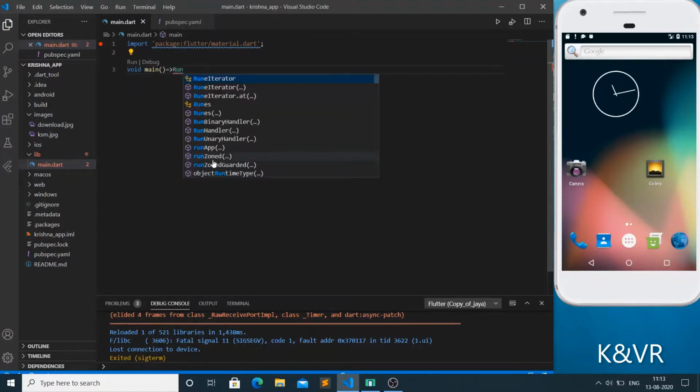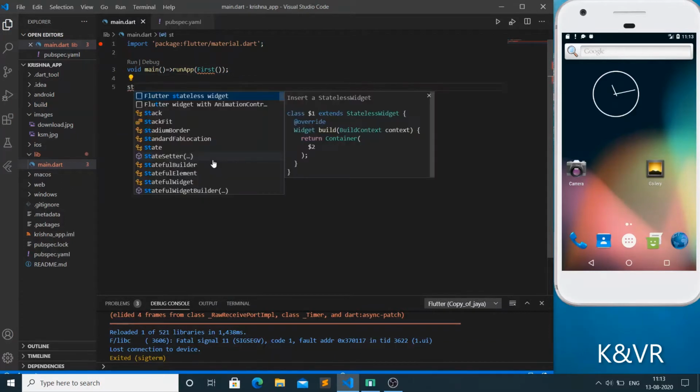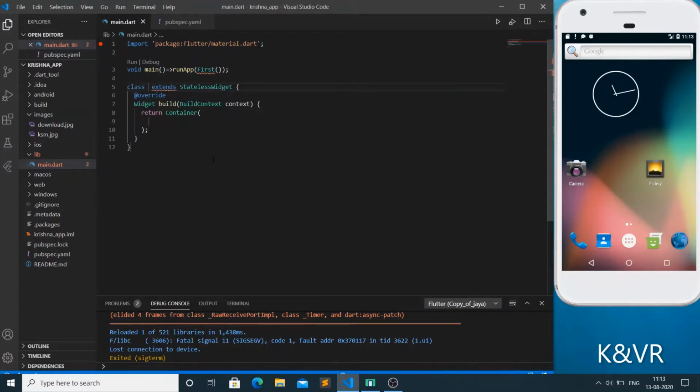Flat arrow can run the app, that runs the app is runApp. Put a semicolon and come here. Create one stateless widget.